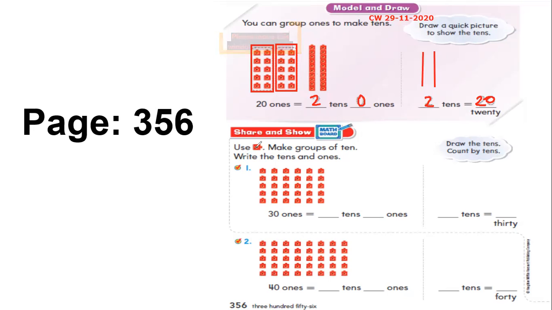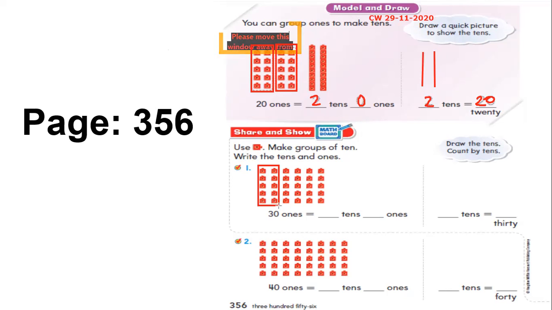Now, use the cubes, make groups of 10, write the tens and the ones. So we are going to make the groups of 10 here. Now, let's count first. 1, 2, 3, 4, 5. So in one line, we have 5. That means 5 plus 5 becomes 10. So I'm going to make this group as